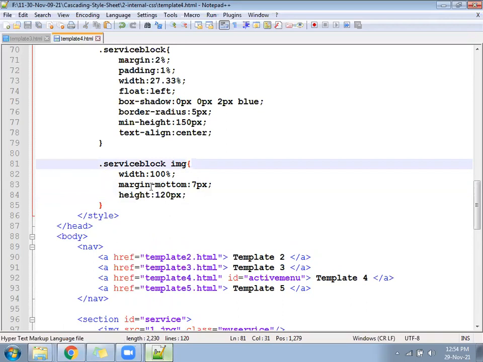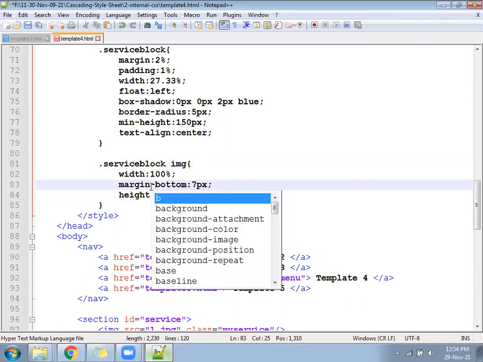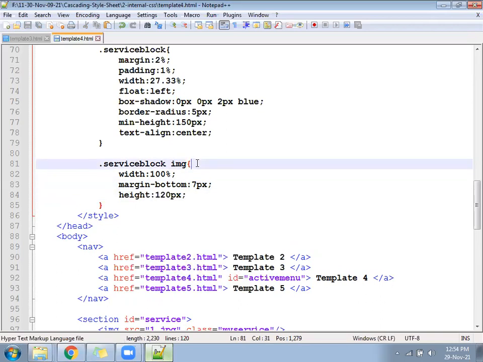Margin-bottom. The height is controlled. The height should get controlled now. Look here, the height is controlled.